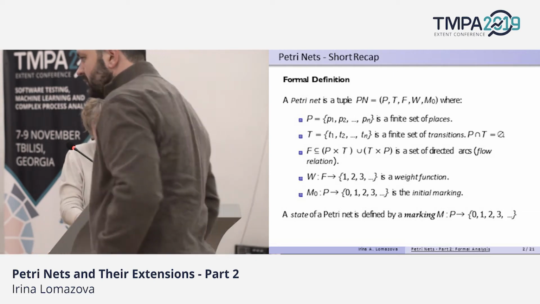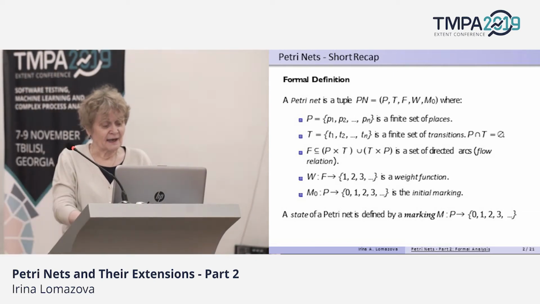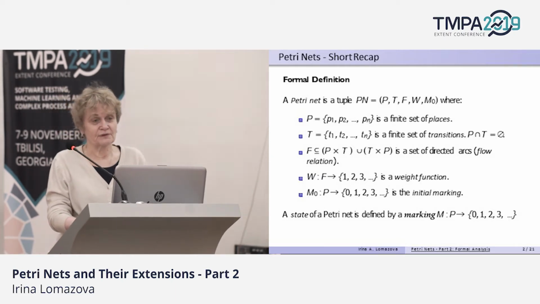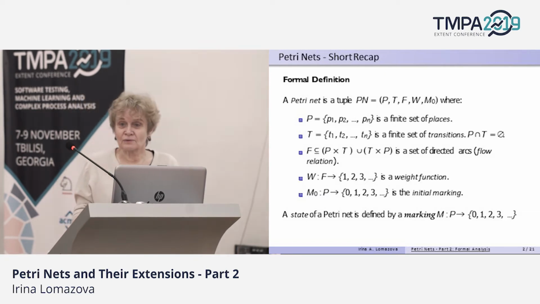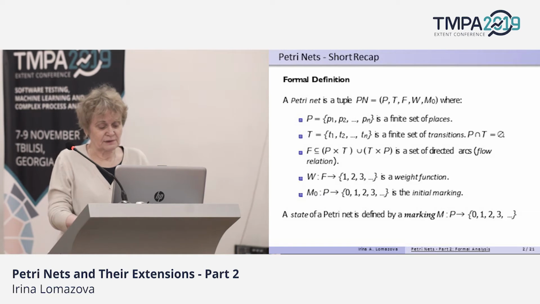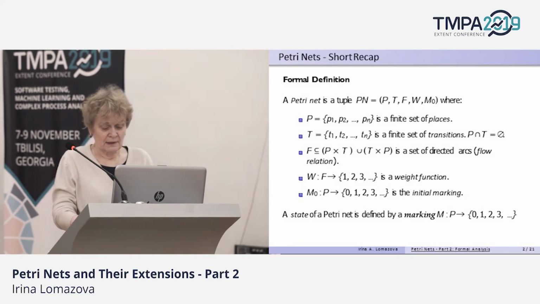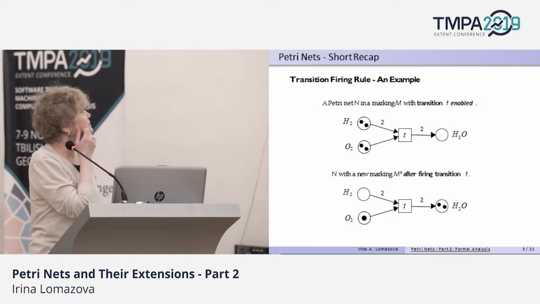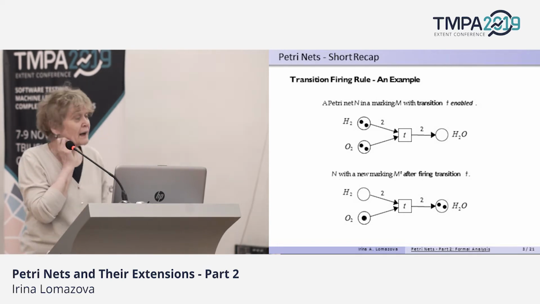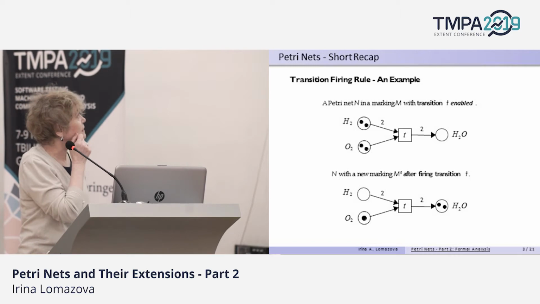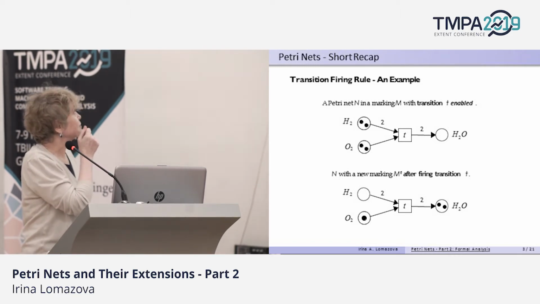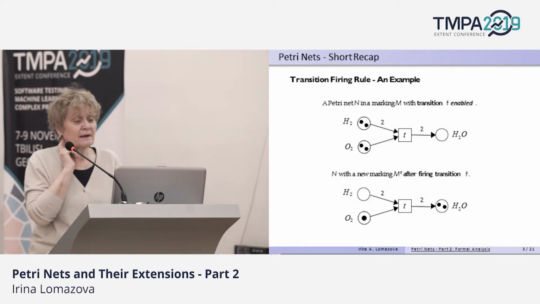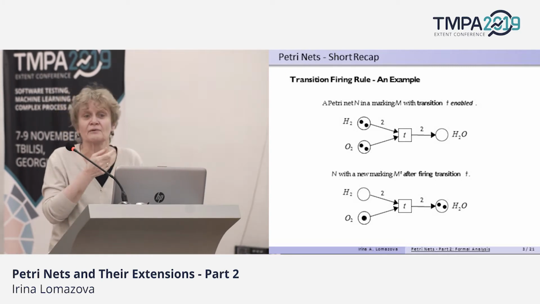and transitions for events. The current state is designated by a marking, which puts some finite number of tokens, maybe 0, into each place. This is an example, and the firing rule is as follows. If we have a transition T here, and we have two input places, H2 and O2, and just one output place. Arc labels designate the number of tokens